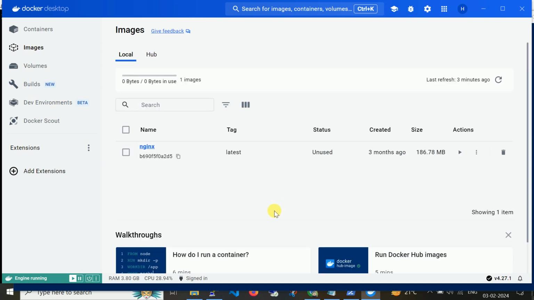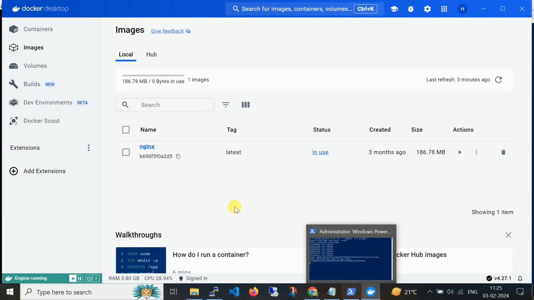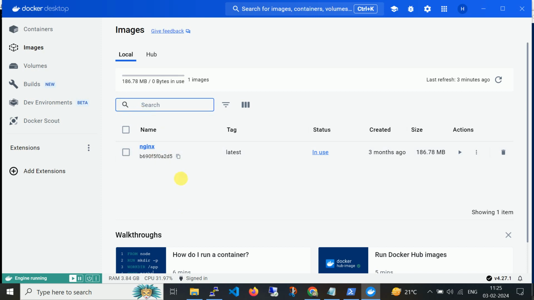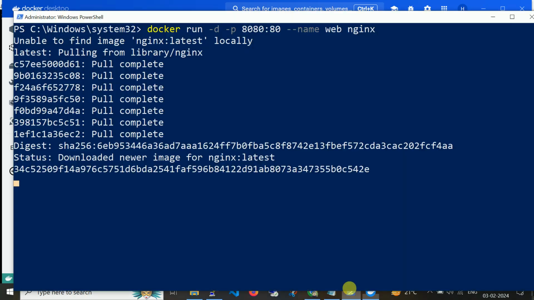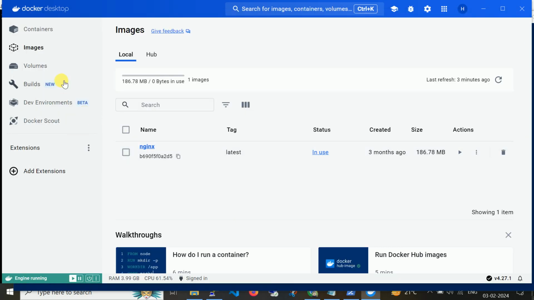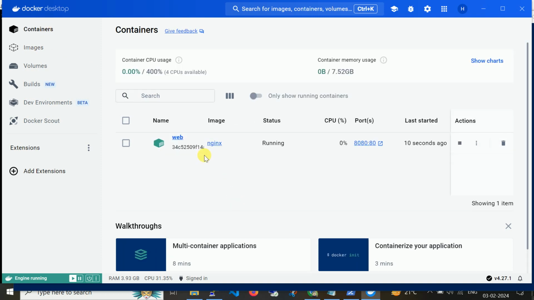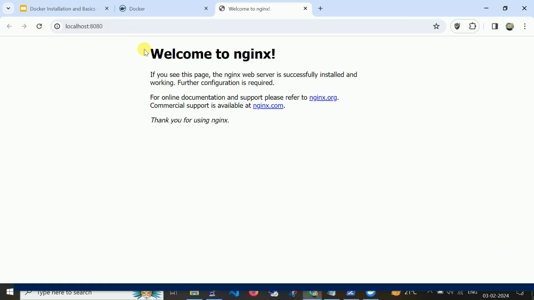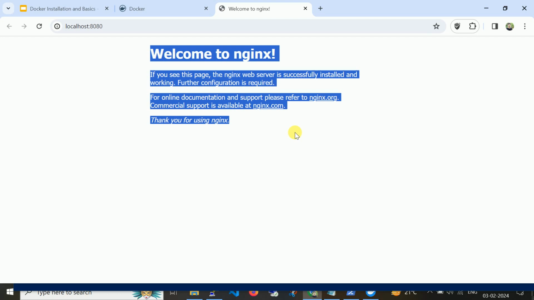It's a GUI. Now you can see Nginx shows as a local image because this container run command has been completed. Now also validating the containers, this container is running. Now let me open localhost port 8080. It shows Welcome to Nginx.